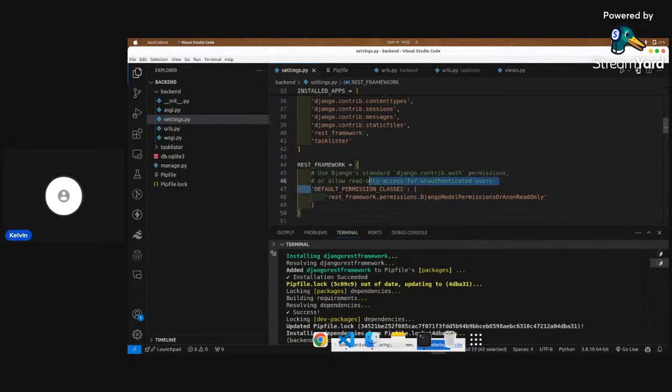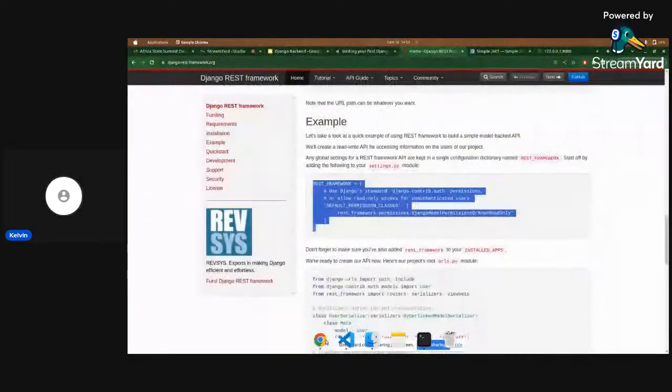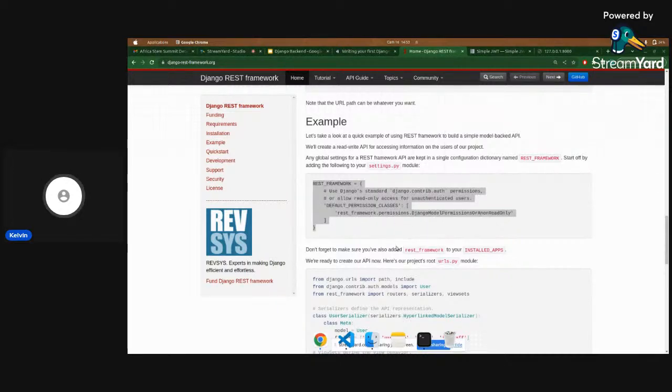So remember, now we have default permission and all this. But remember, I don't want these permissions to be read only. If you can check this, I don't want to be read only. So I'll change these permissions to allow any. This allow any, you can get it if you search from this part. So you can get the permissions in the Django REST framework documentation. Yes. So having passed that one, I now need to install